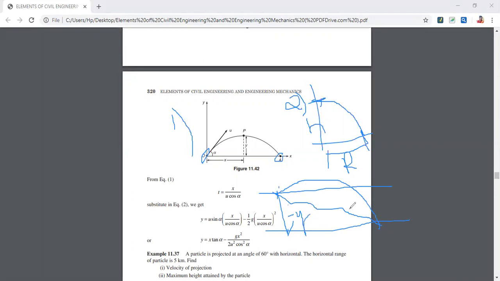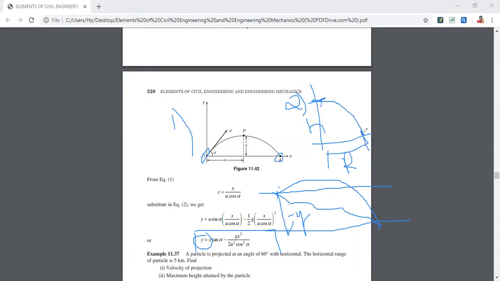And this is the third case, when the A and B points, that is the point of projection and the final point, are at different levels. So this is going to be minus y. For this case, we will make use of the same equation as given below, with y substituted as minus y. Whatever the value of the difference between the two levels is, I'll substitute that along with a minus sign, and hence that becomes the third case.